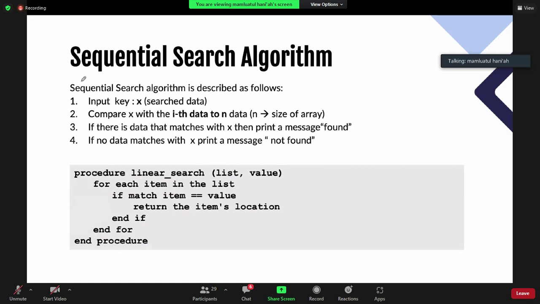So you need to set your k or just a variable x. This is the search data, the data you want to search for in your array.